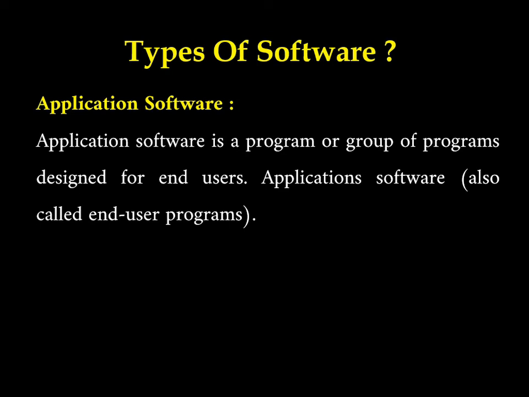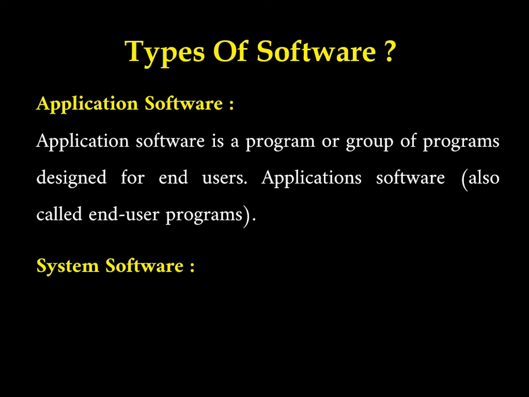End user means the person who uses it. That program is called application software, and this software runs under the system software. If the system software does not run properly, there is no use of the application software, because system software is required to run the computer. Now let's see what system software is